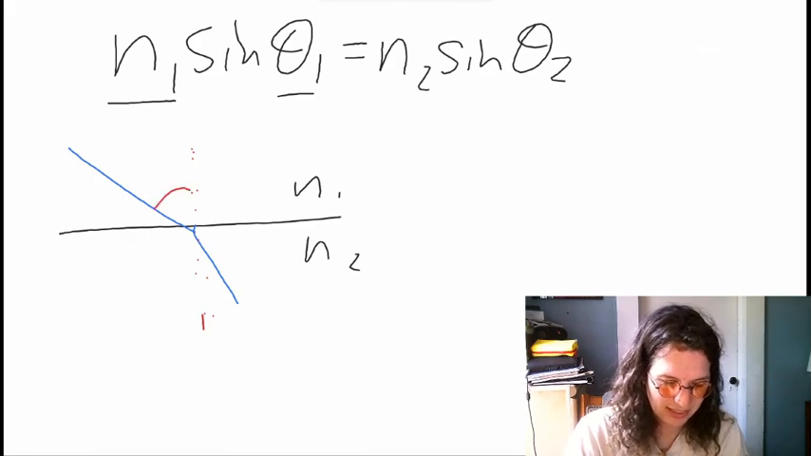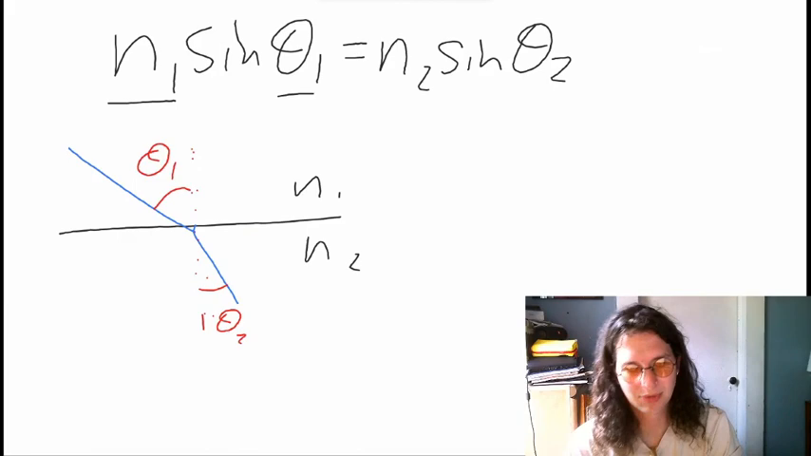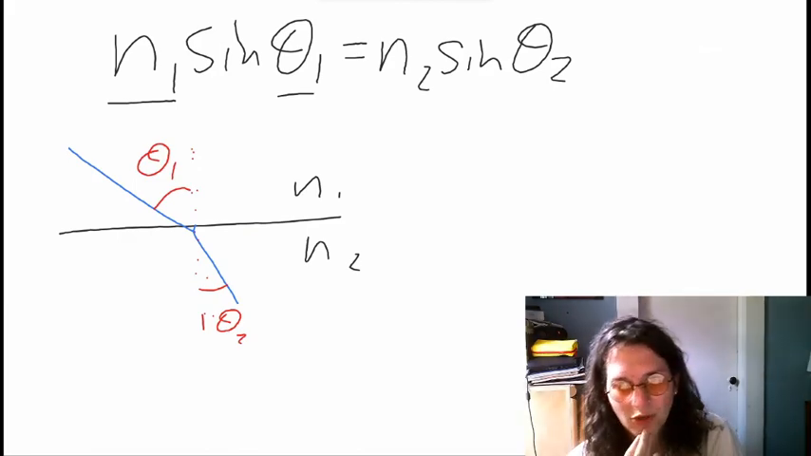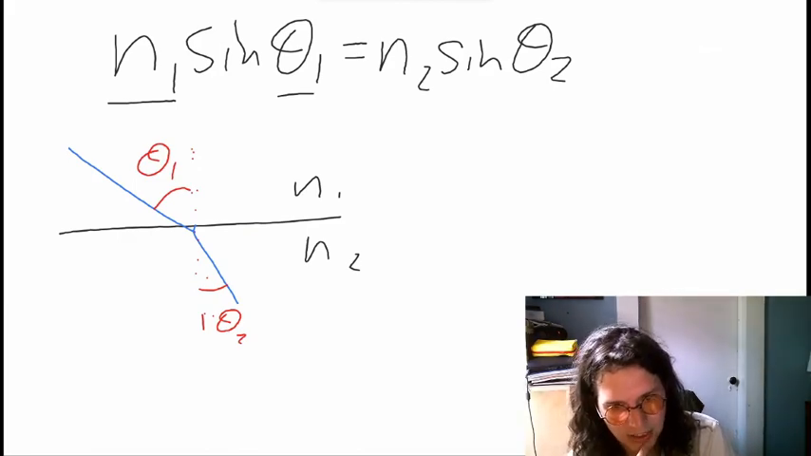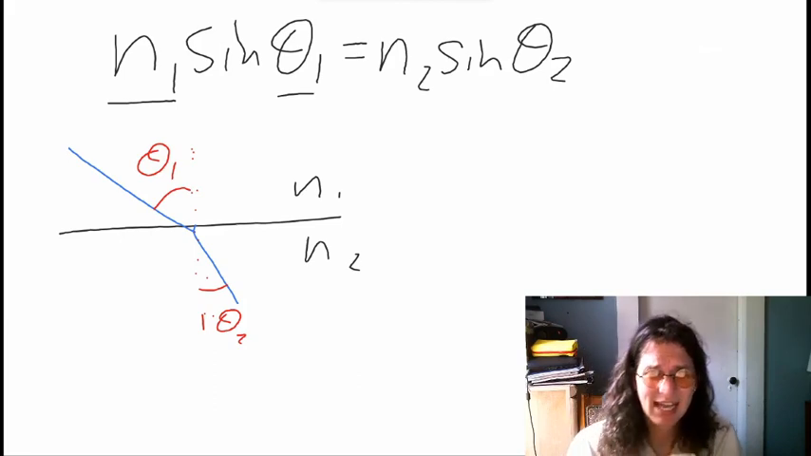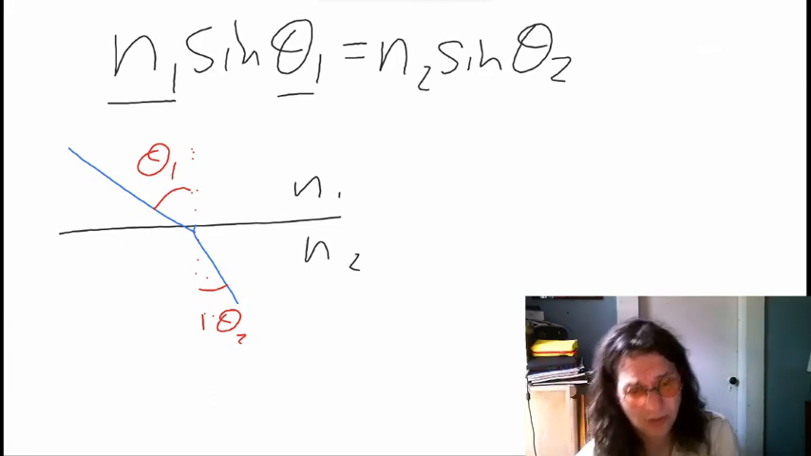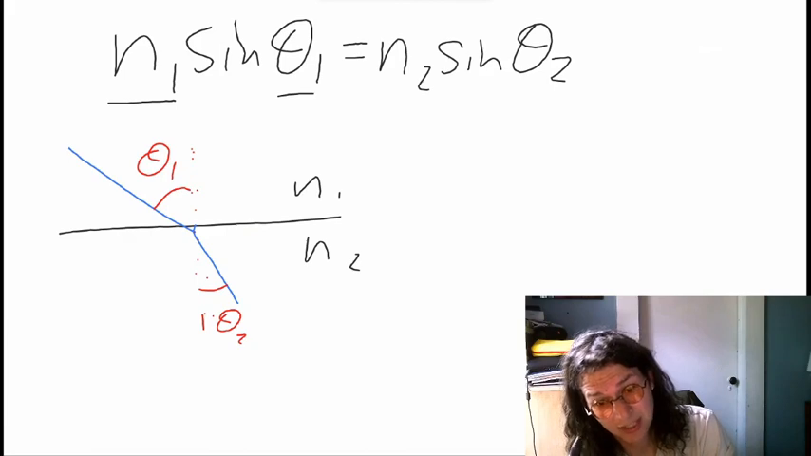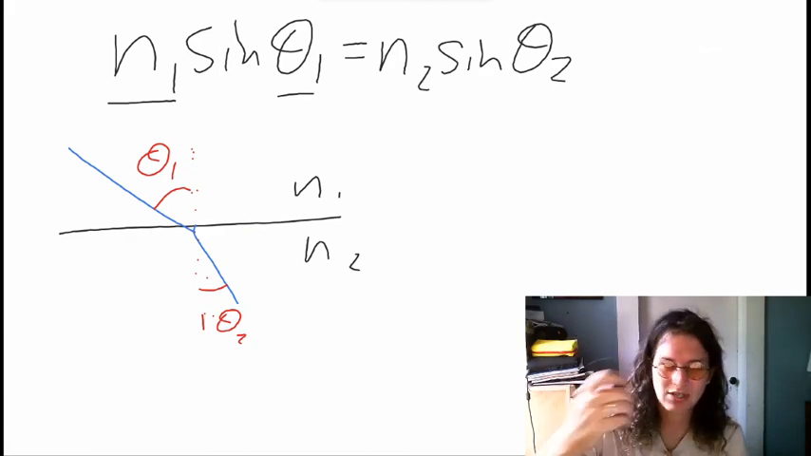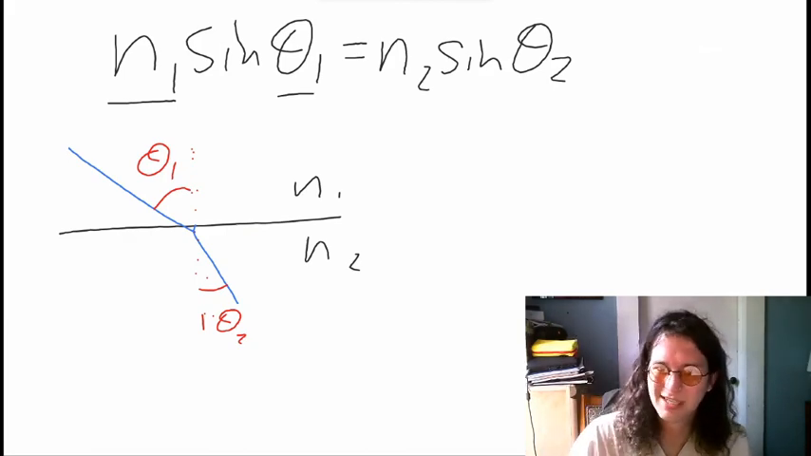So this would be my theta 1, and this right here would be theta 2. It's going to be more important in a couple problems. In this problem, problem number 4 that I'm looking at, it's pretty explicit what the angles are. And if we move through different materials, so in this one we're going from n1 to n2 to n3 to n4, as long as all the boundaries are parallel, you don't even need to worry about